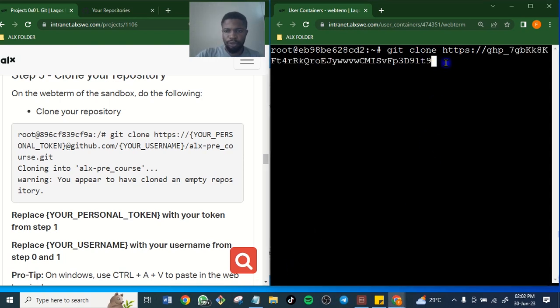So this is a token. I've gotten another different account at github.com.